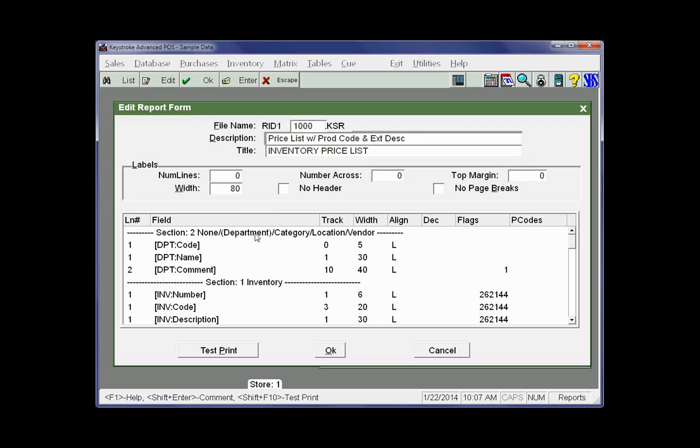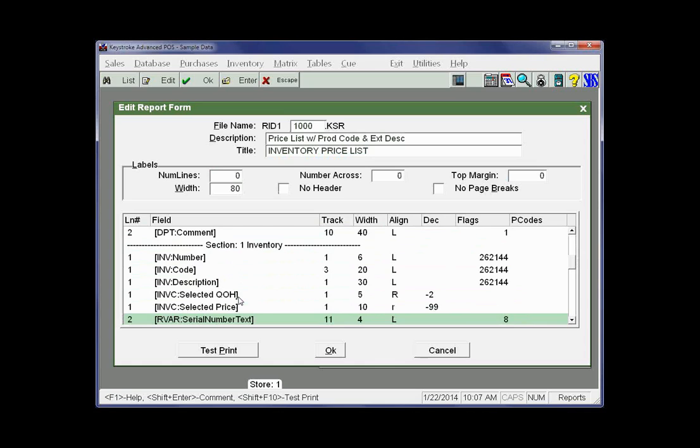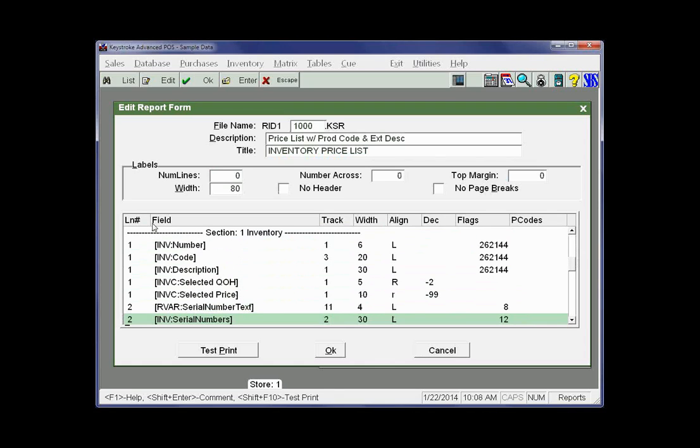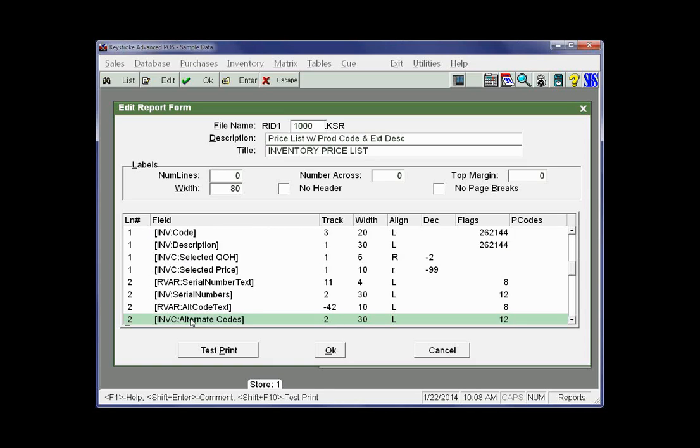Depending on the report form, there are all kinds of sections. This one starts with section 2 because you can group by department, category, or location. We're not going to add anything in here. But if you go down to section 1, the inventory section, you notice it's going to print the inventory number, the stock number, the product code, the description, the quantity on hand, your price, and then if you want to, you can print serial numbers,